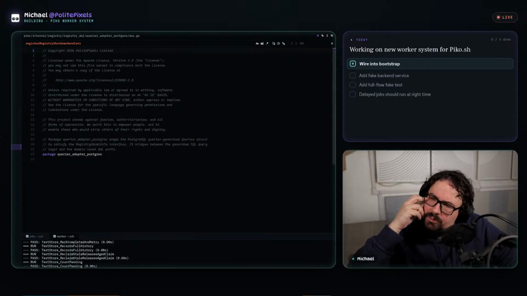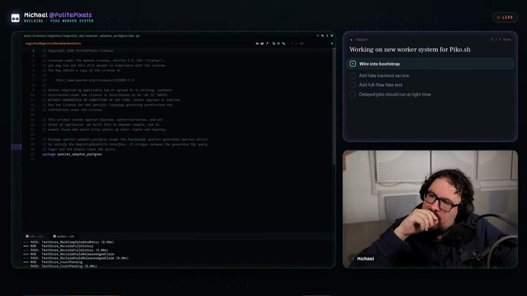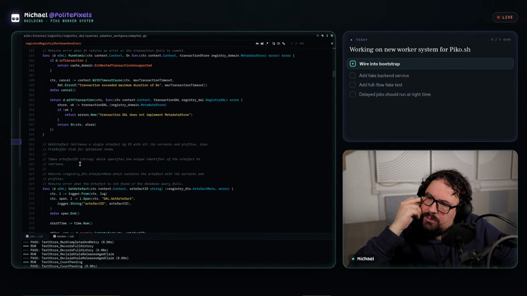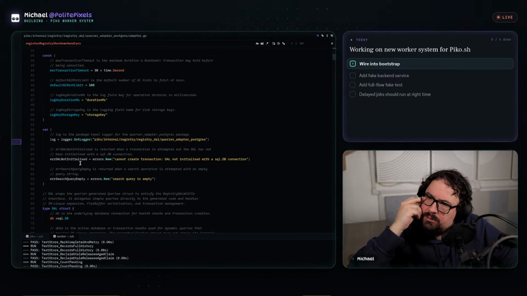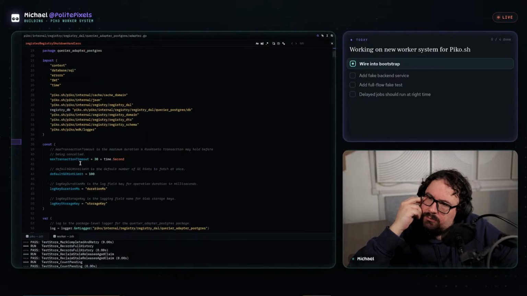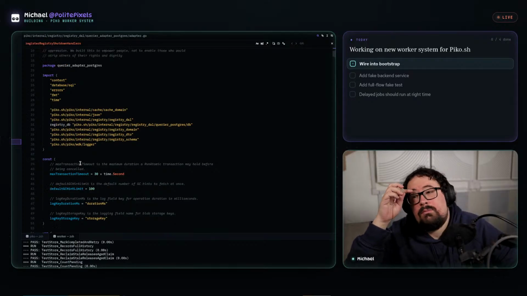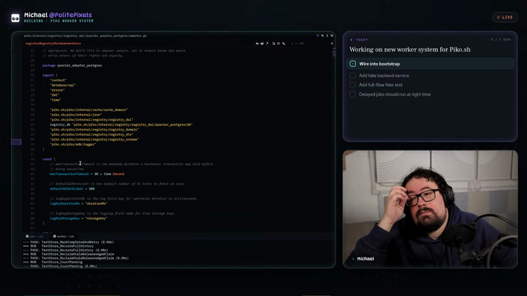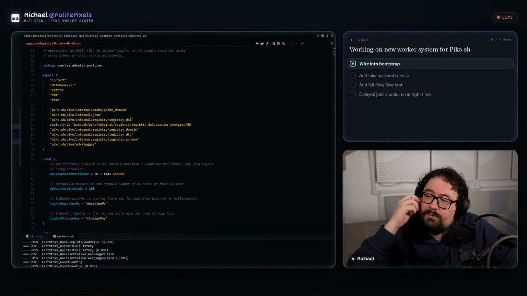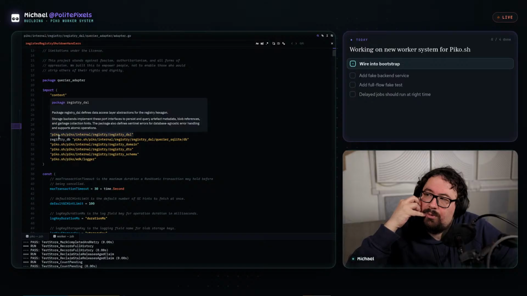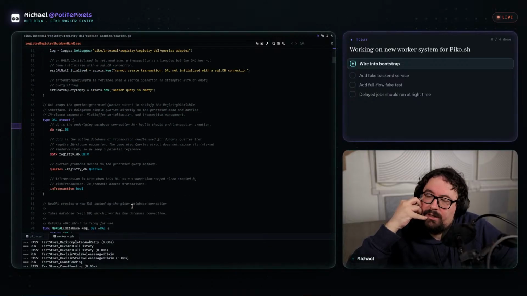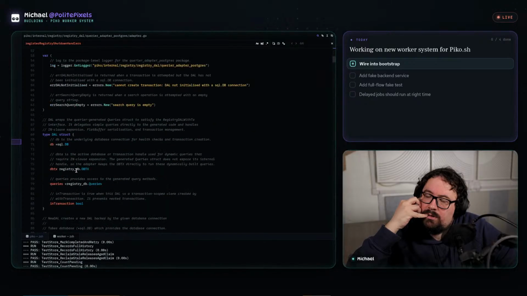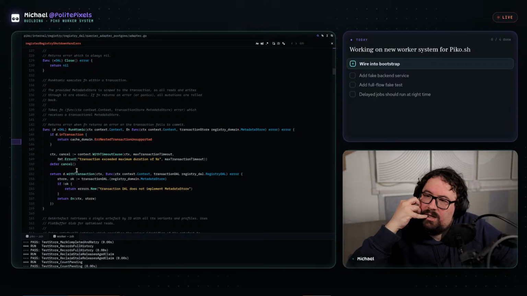Why in my memory was it one adapter when it's two? I'm trying to remember why it's different, because the key thing is that they don't import PGX or anything here. That's like a fundamental thing.